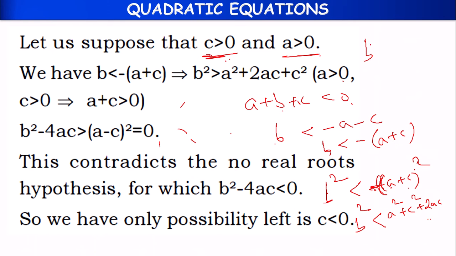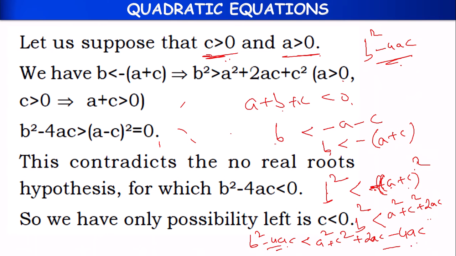Suppose our discriminant is B square minus 4AC. We need minus 4AC on the left hand side. So we subtract it on the left hand side, and without changing the value, we have to subtract on the right hand side also. Minus 4AC we have subtracted on both sides. So on the left hand side we will be having b square minus 4ac. Right hand side a square plus c square plus 2ac minus 4ac will become a square plus c square minus 2ac, which is equal to a minus c whole square.